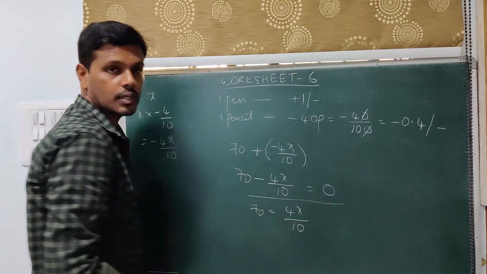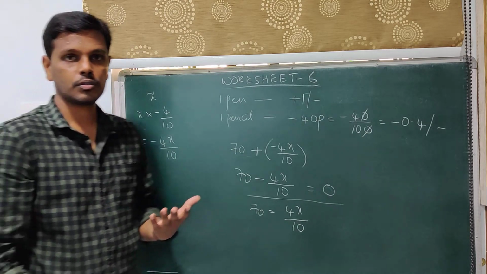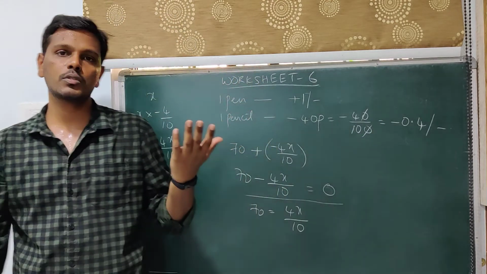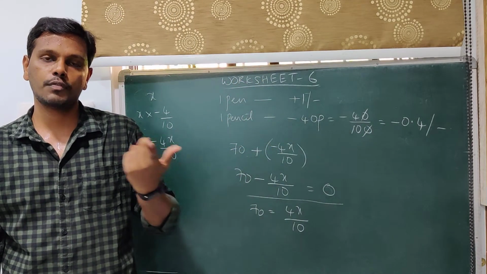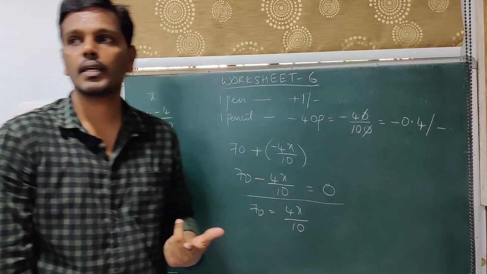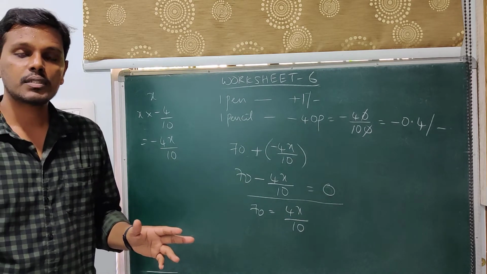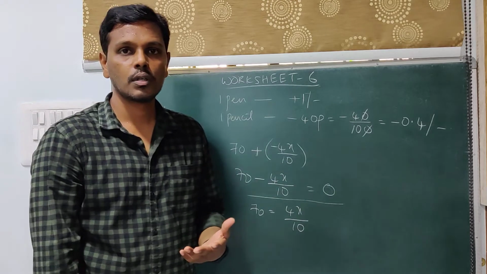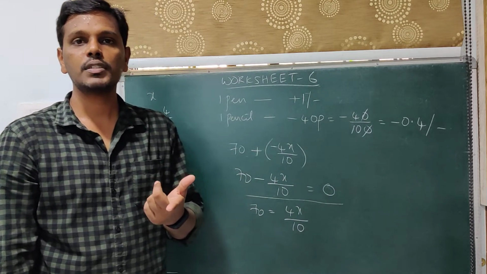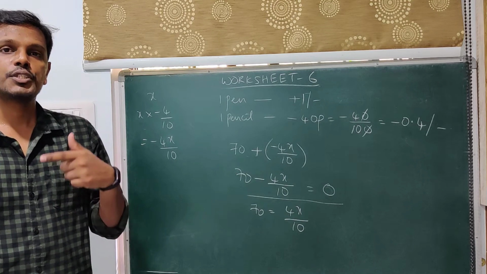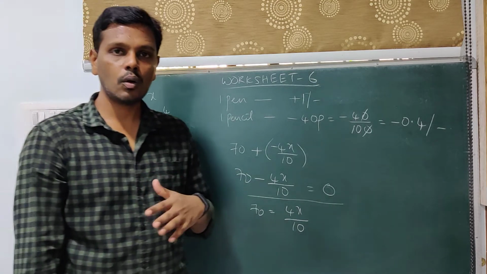But this is a point to be noted. She got neither profit nor loss. If she has a profit, then we would have got a positive value. If it is negative or if it is loss, there would have been a negative value. But since it is neither profit nor loss, you should think of a number which is neither positive nor negative. Now that number is 0, which means that she has got 0 rupees in the whole transaction.